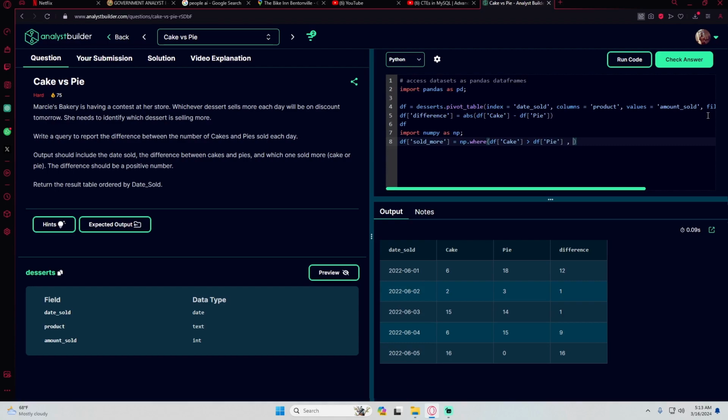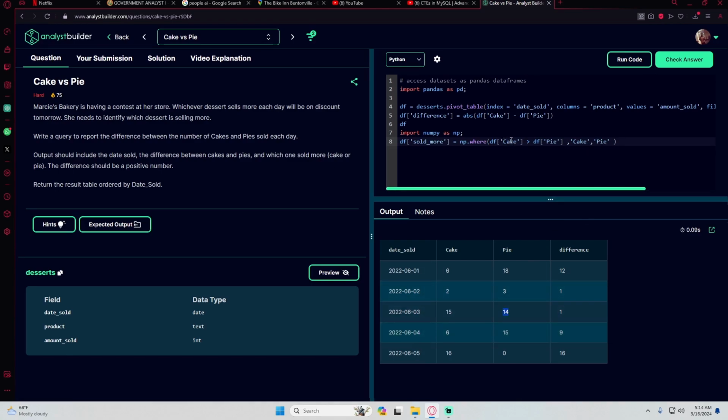The first one is the condition. So if cake is greater than pie, give me cake, else give me pie. I can do that, but if we had something like 15-15, then this wouldn't work,